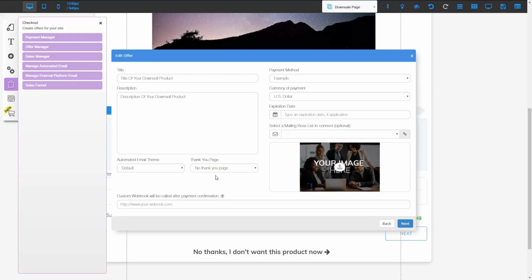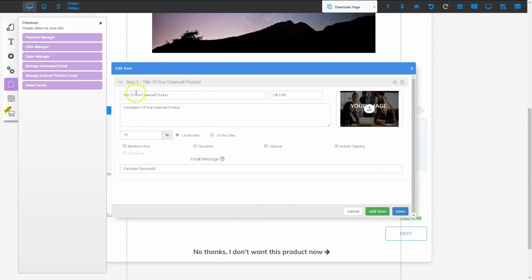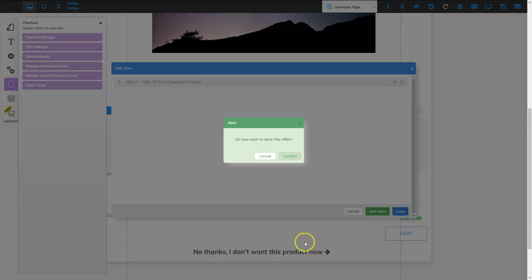And I need to make sure that everything is set up here the way I want it. Specifically, I need to set up the thank you page. Right now it's set up to no thank you page, so I'm going to go ahead and click the down arrow, and I'm going to choose thank you page, and then I'm going to click Next. You'll set up all this information, including the title, description, payment method, currency type, and then an image. So make sure you set your thank you page as well, and click Next. And then the item information, you're going to enter all that information in there, and then click Save, and then